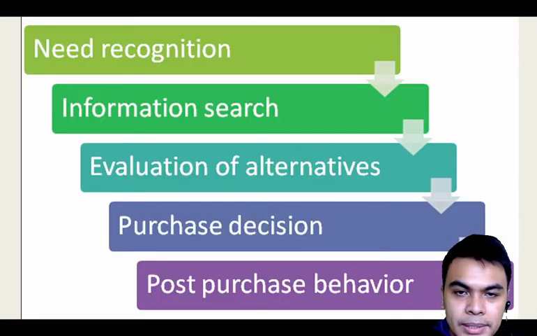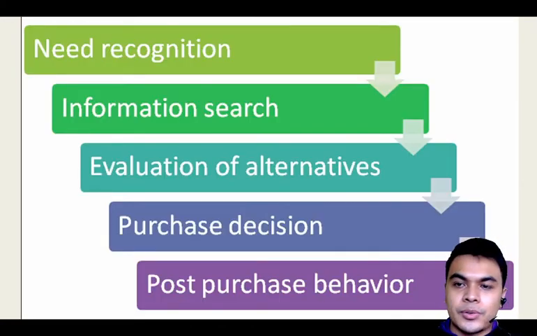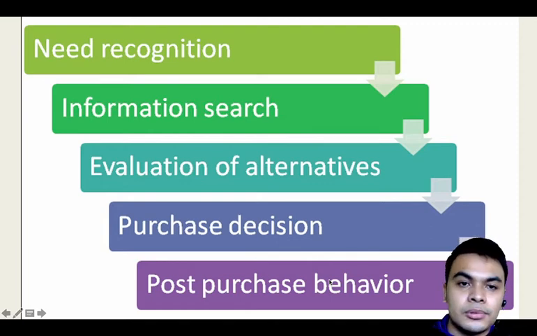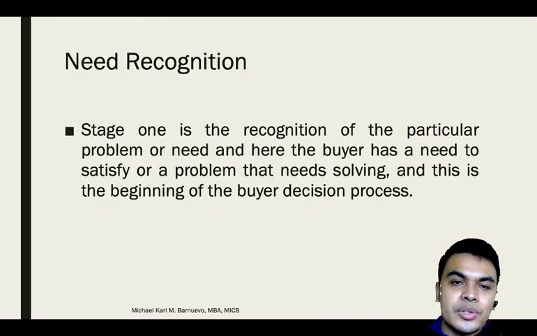Let's go straight here. So here is the process no, in buying something. So we always start with need recognition. After that, we do information search, evaluation of alternatives, purchase decision, post-purchase behavior. So it involves 5 steps. Now, later, let's try to relate no, kung ginagawa ba natin to. So the very first thing we do is need recognition.